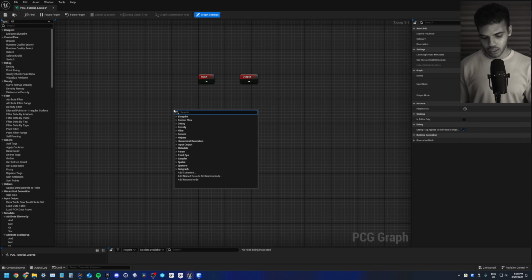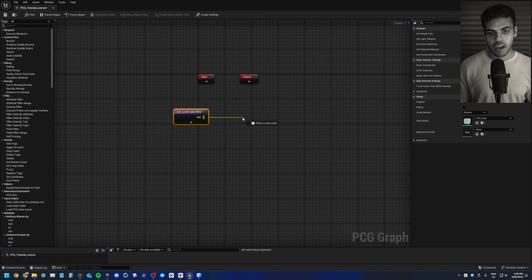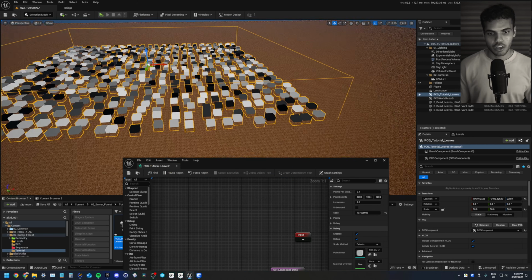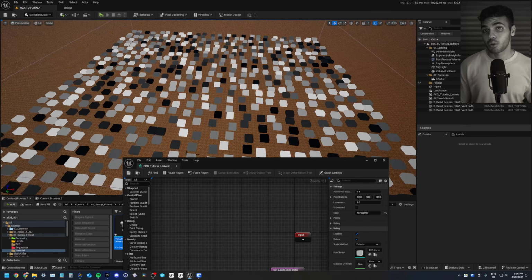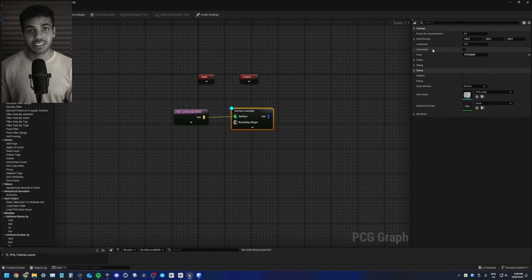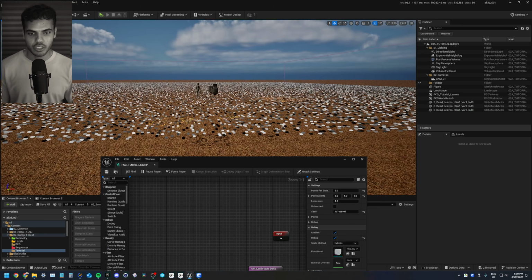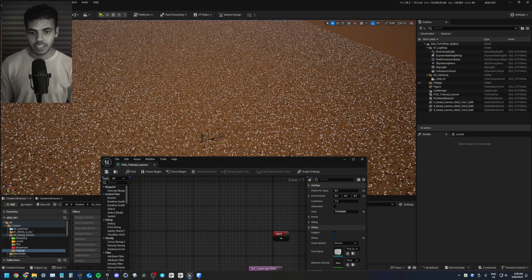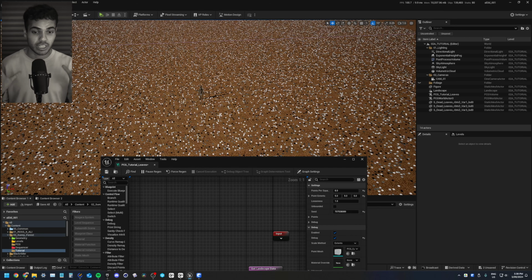So right click, get landscape data. Out of that, type in surface sampler, and if I press D to debug, you will now notice we are sampling points on our scene. I'm just going to adjust the settings. So I'm going to do 8 in the points per square meter. Point extents will be 555. It's much smaller. If there's a better way to do this, please let me know, PCG experts, in the comments, but this is kind of a good density I found to get the leaves to feel really dense on the